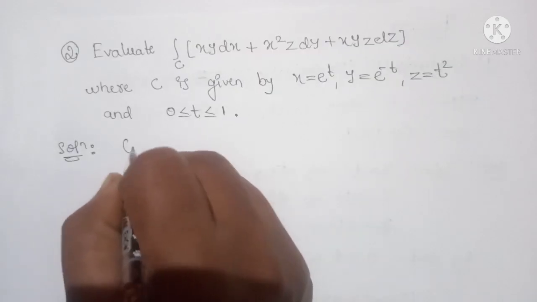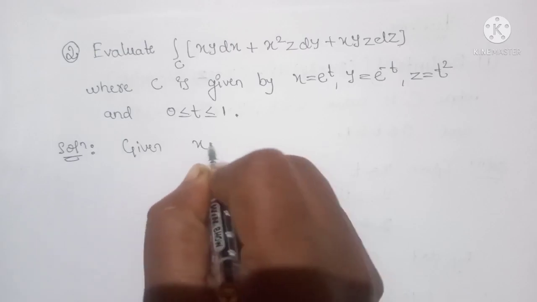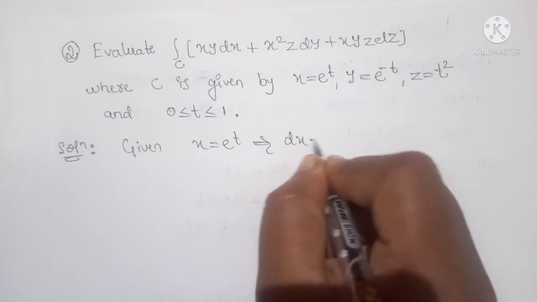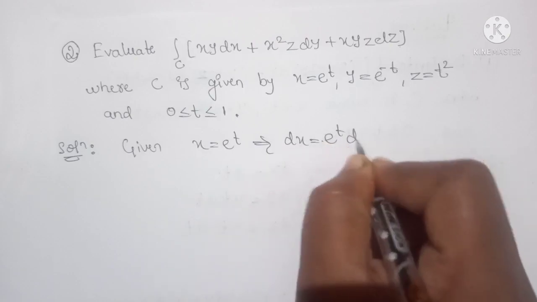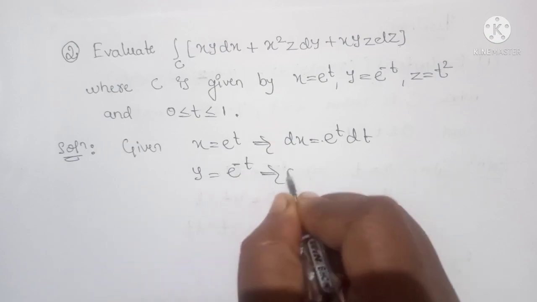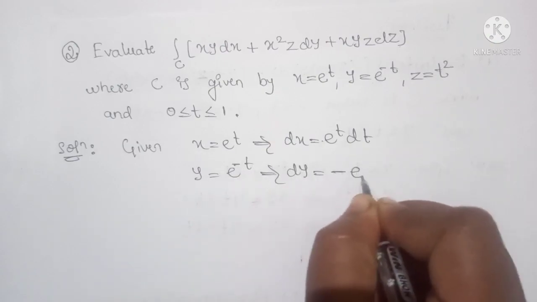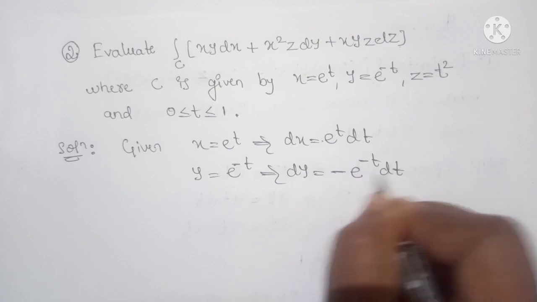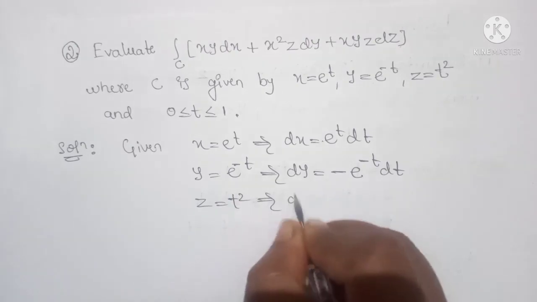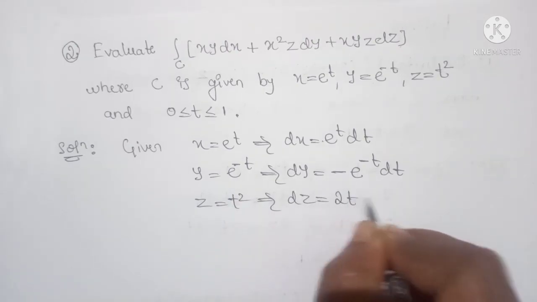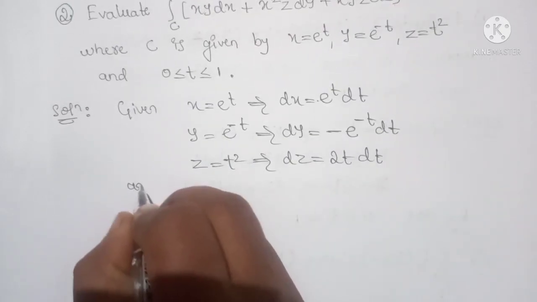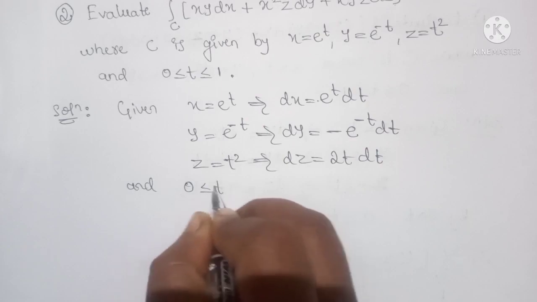So first we write the given x equals e raised to t. Differentiating this one, we get dx equals e raised to t dt, and y equals e raised to minus t, which implies that dy equals minus e raised to minus t dt, and z equals t square, which implies that dz equals 2t dt, and also given that t lies between